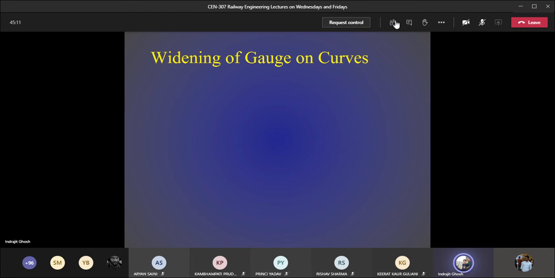Now the next question can be from your side: Sir, we are already putting a check rail so that it does not derail, and if we widen it further, the train will come out of the rail line. How is it possible? So it is possible when the widening is much less. The extent of the widening is very small. Our objective is just to make sure there is no constant touch. There can be some gap, but make the gap really small.